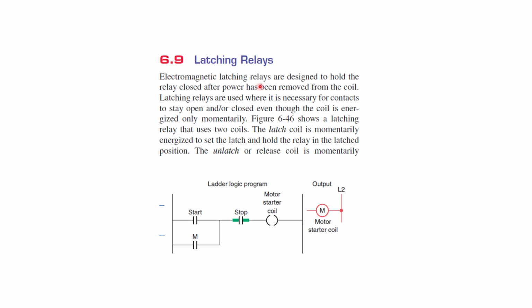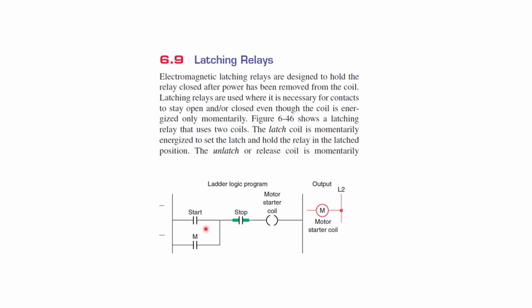Electromagnetic latching relays are designed to hold the relay closed after the power has been removed from the coil. Even if you remove the switch, it keeps on running because this relay is there. It holds the relay closed even after the power has been removed. Latching relays are used when it is necessary for contacts to stay open or closed even though the coil is energized only momentarily. This shows a latching relay that uses two coils. One is a latch coil that is momentarily energized to set the latch